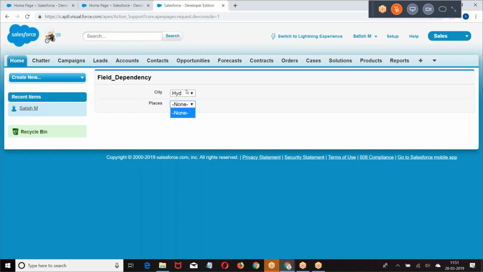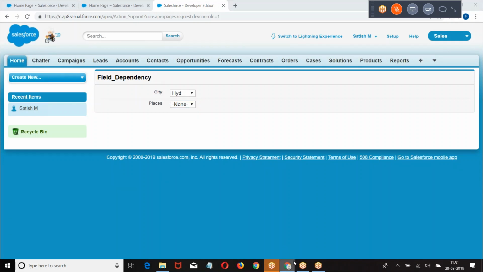Now generally, when any event like on click, on change, on focus, on blur, all these are what? Events. When the event occurs, what should happen? I have to call JavaScript. On click, JavaScript. On change, JavaScript. On focus, JavaScript. When any event occurs, I want to call JavaScript. But in my case, I don't want to call JavaScript. I want to call a method from Apex class. When the event occurs, I want to call a method from Apex class.